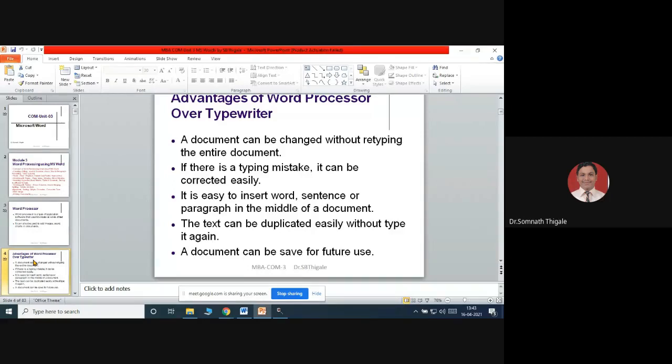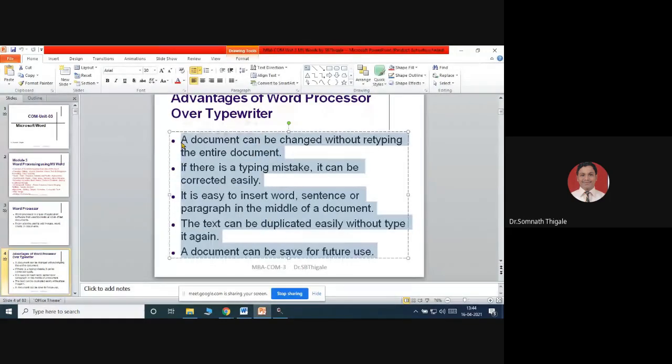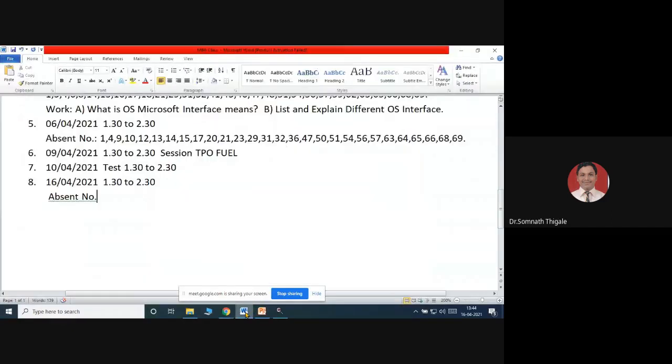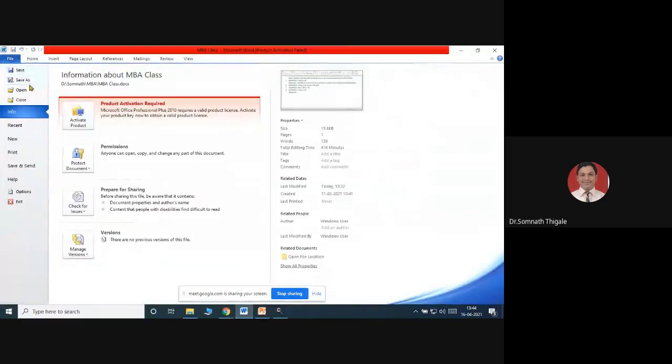Earlier, there was the concept of a typewriter. Compared to the typewriter, the advantages we get in the word processor are: first, a document can be changed without retyping the entire document. It means, for example, suppose I easily copy and paste this, and I can open it inside my document.